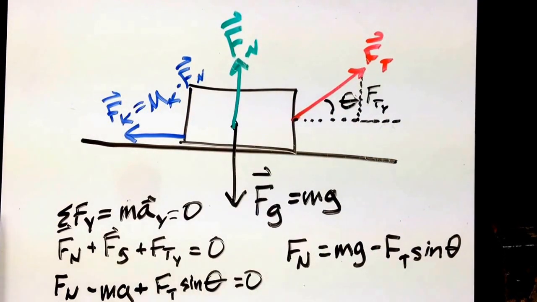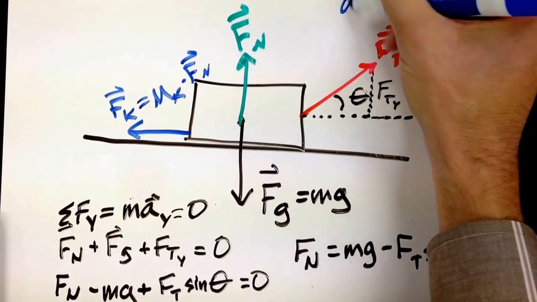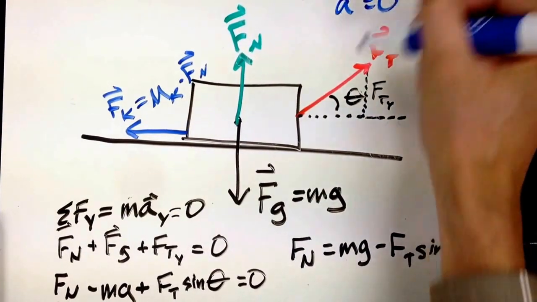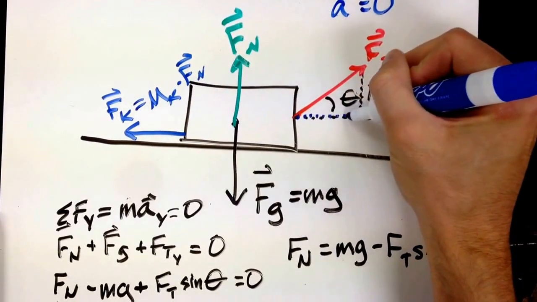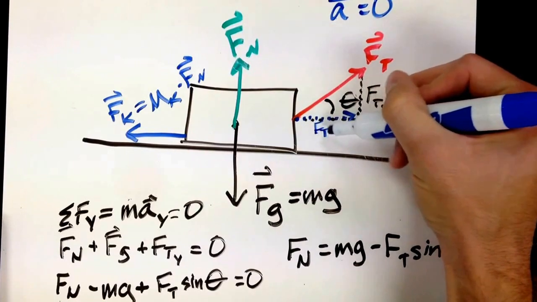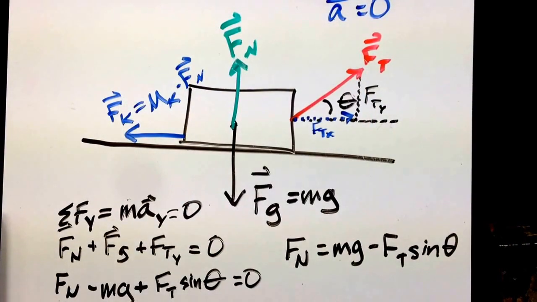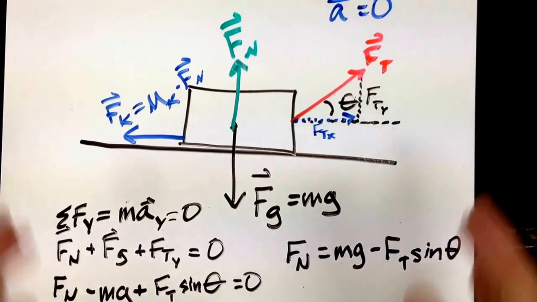But if I'm pulling this at a constant speed, that tells me a couple things. One, my acceleration is 0, which means that my net force in the x direction is also 0, which means Ftx is going to be equal to how much friction I have. So that's just an example of a block being pulled at a constant speed with a couple forces acting on it. Now, another classic style problem